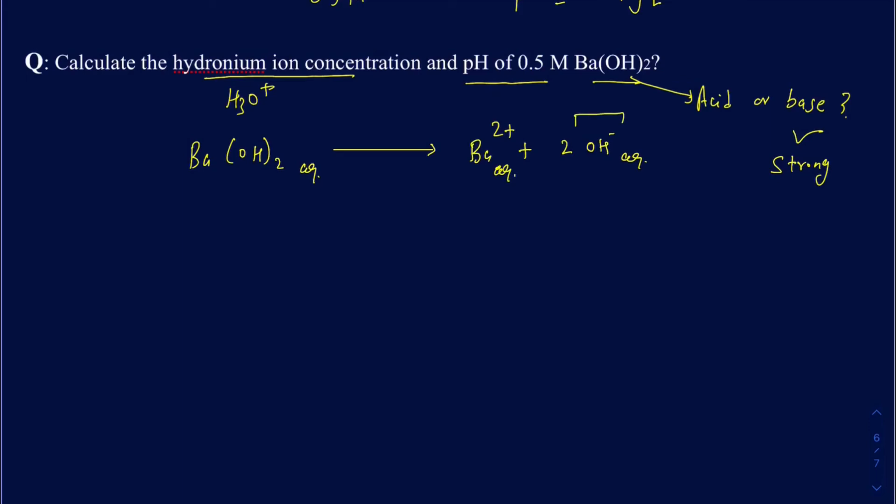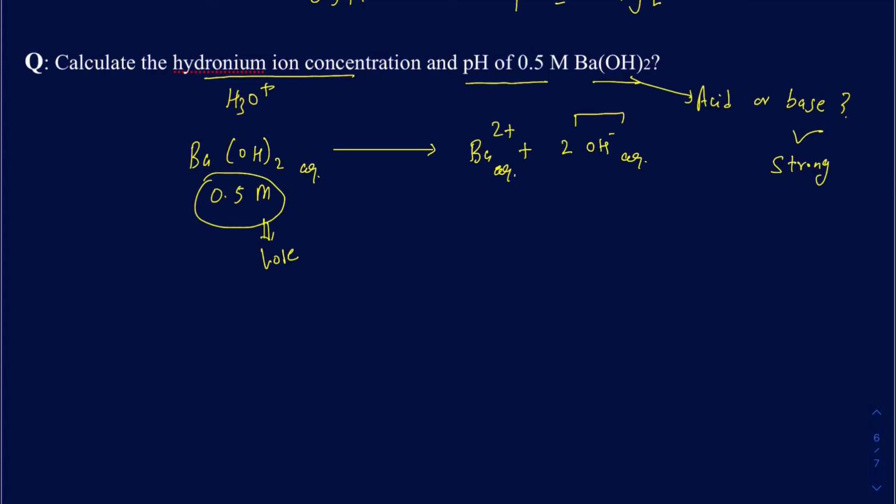You don't really have to worry about what the concentration of Ba2 plus is, because when you're doing the pHs, you only worry about either H plus or the OH minus. So if you're starting out with 0.5 molar here and you lose all of this, how much barium 2 plus are you going to make, and how much hydroxide are you going to make? Well,